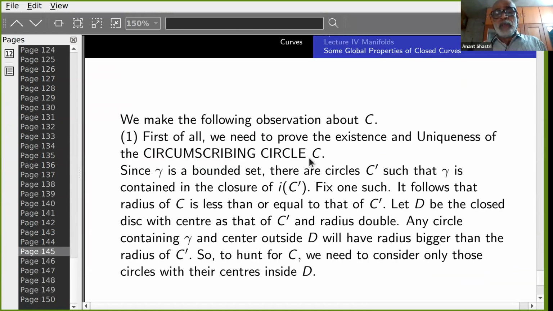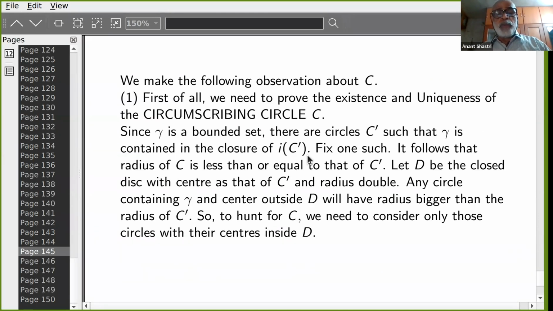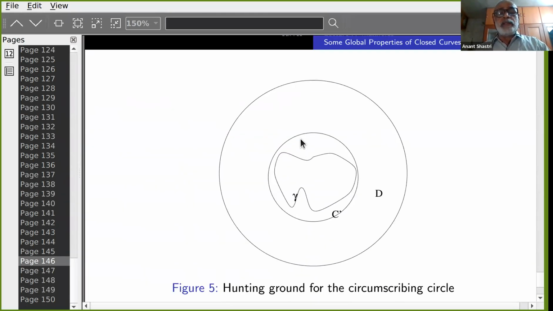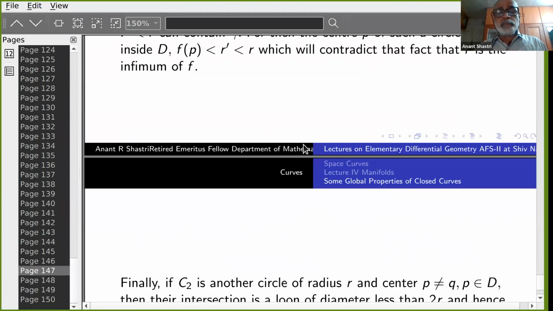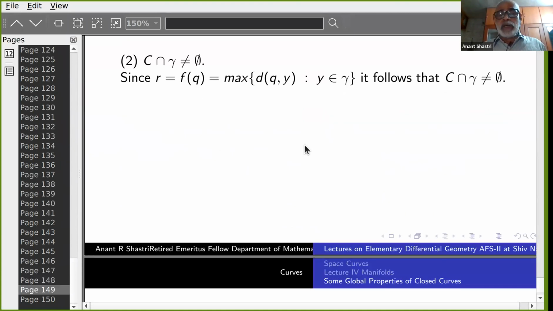I am giving you these details. Nobody writes down these details. They just write: a unique circle exists, and go ahead. The second observation is